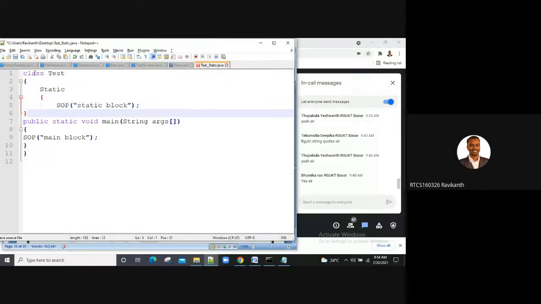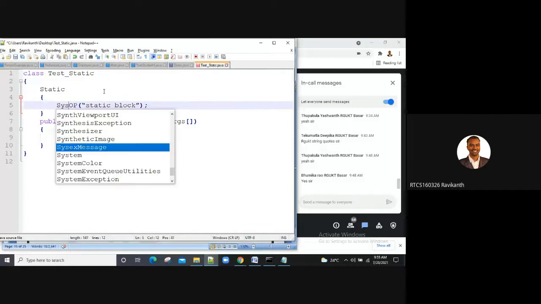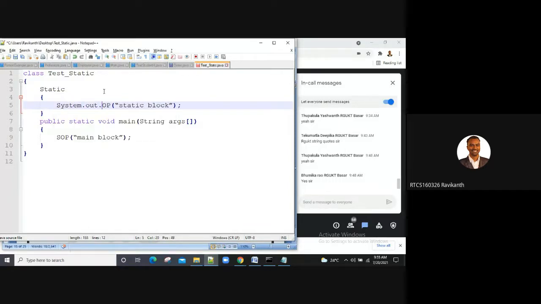Static block, guys, and you have your main method. Test_static, System.out.println.